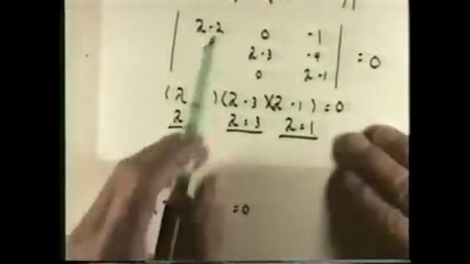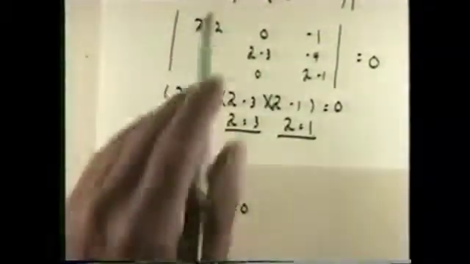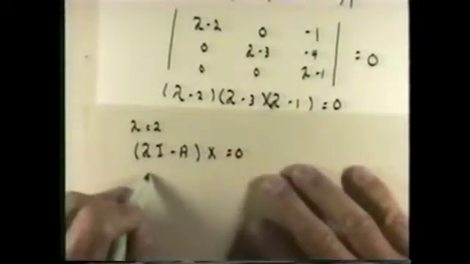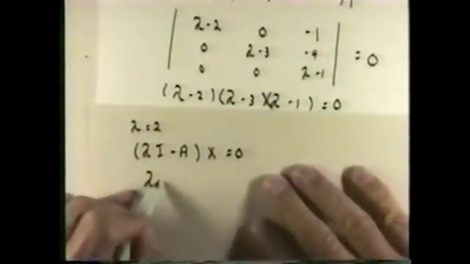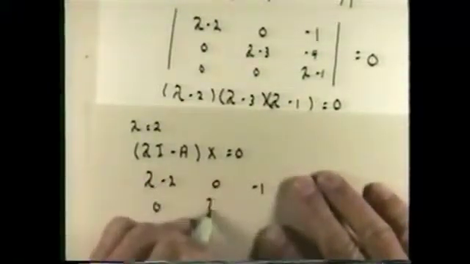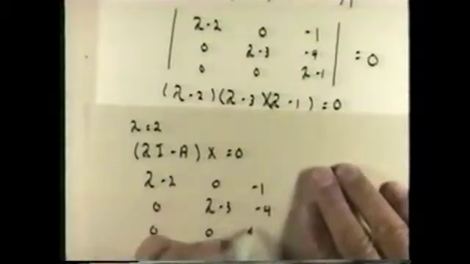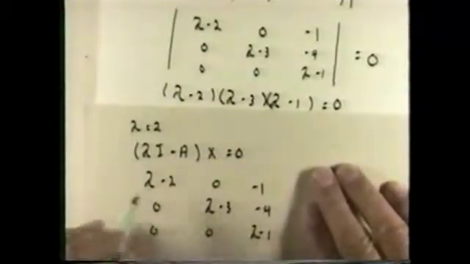Lambda I minus A is simply the matrix that we're taking the determinant of here. I've already calculated that once, so I'll just rewrite it. We have lambda minus 2, 0, negative 1, 0, lambda minus 3, negative 4, 0, 0, lambda minus 1,